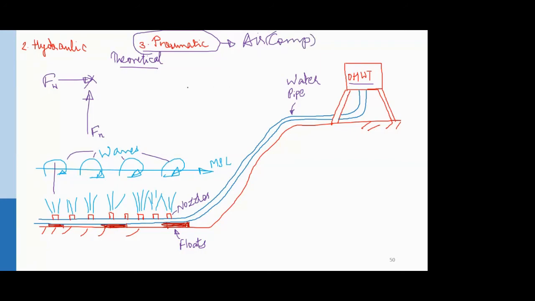So again, the force diagram will remain almost the same, that you have a force due to the wave, and then there is a force due to the compressed air. Okay, and this is going to break or interrupt the wave going in the horizontal direction, and that is going to break down the wave and then protect your land side from the effect of waves.